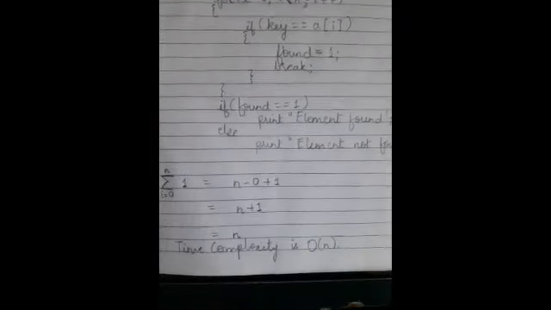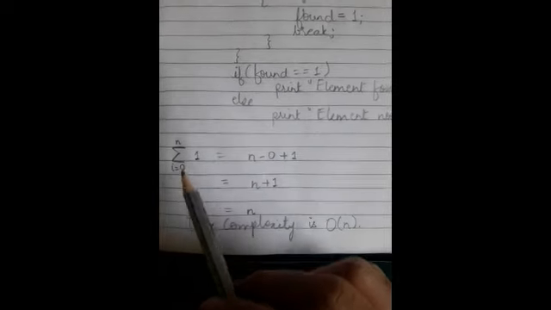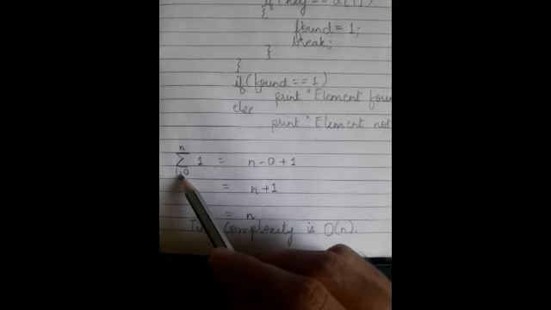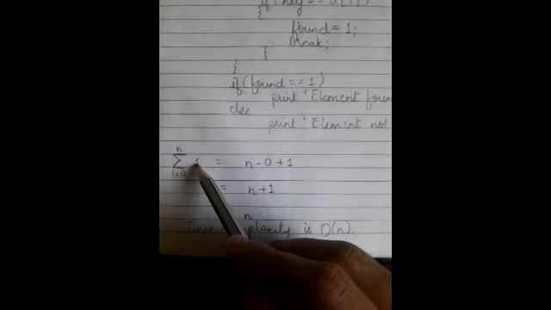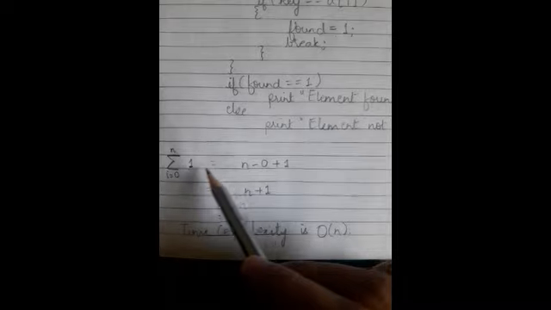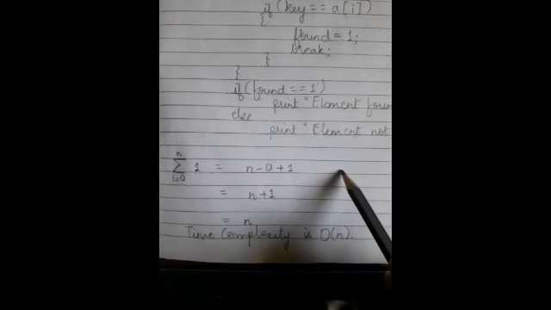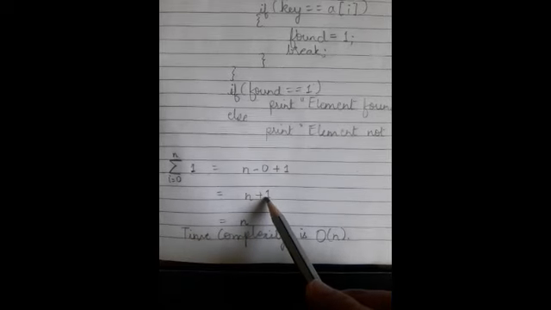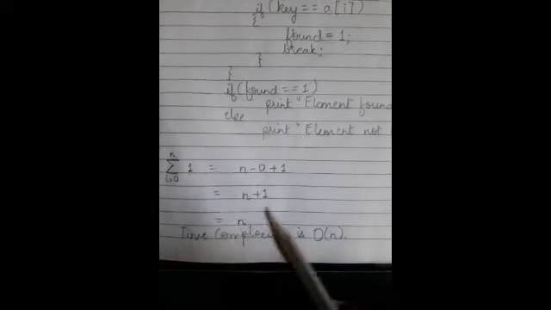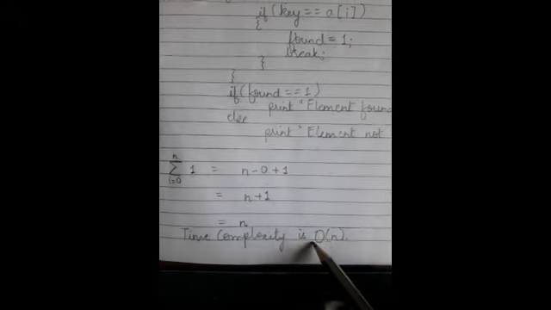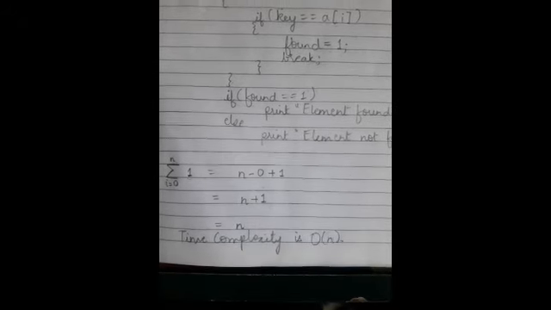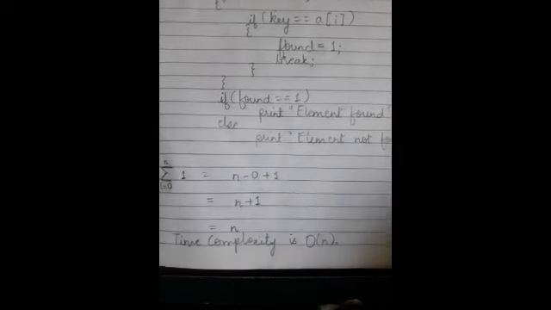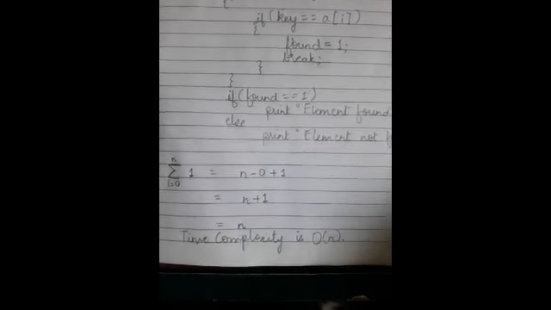Let's talk about its time complexity. It's a non-recursive algorithm. So I goes from 0 to n for one basic operation. So it is upper bound minus lower bound plus 1. Upper bound is n minus 0 plus 1. So it is n plus 1. Discard this constant value. So time complexity is big O of n. Time increases in a linear fashion as we go on increasing the size of the input.